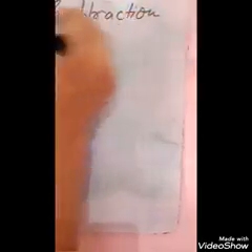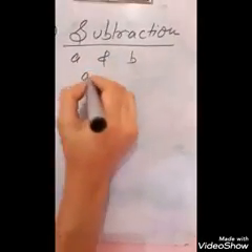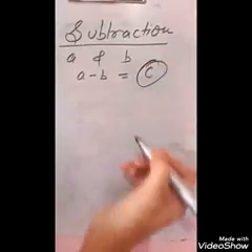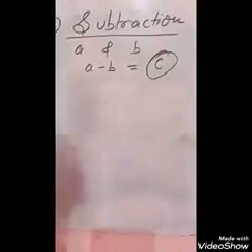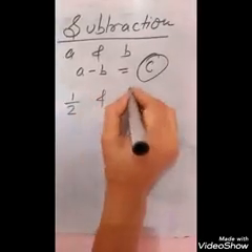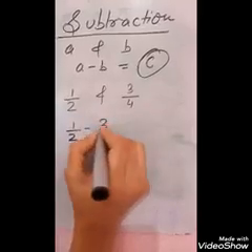Okay. Now again we see the same property, that is closure property for subtraction. Again if a and b are rational numbers, and if we subtract a minus b and get c, and if that c is also a rational number, then in subtraction also rational numbers follow closure property. So we will see from an example. Take 1 by 2 and 3 by 4. Now 1 by 2 minus 3 by 4.